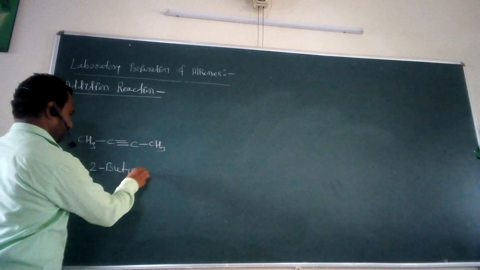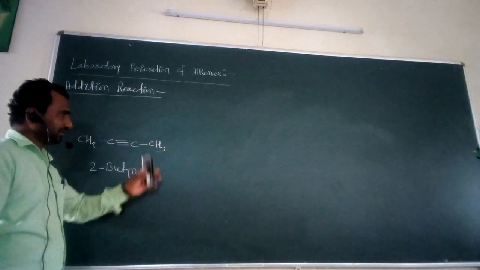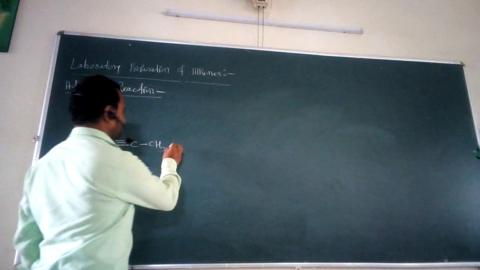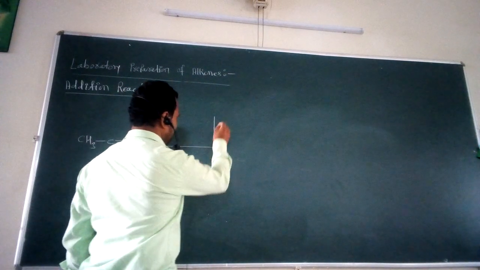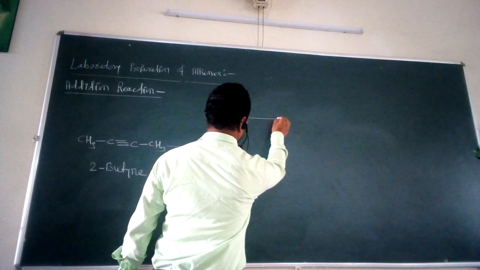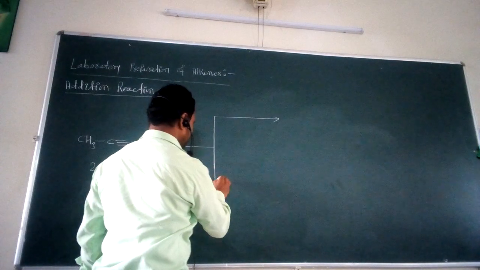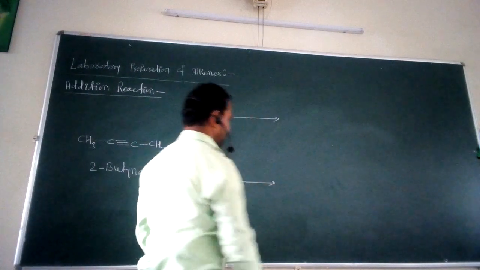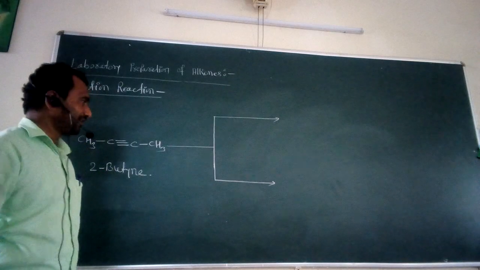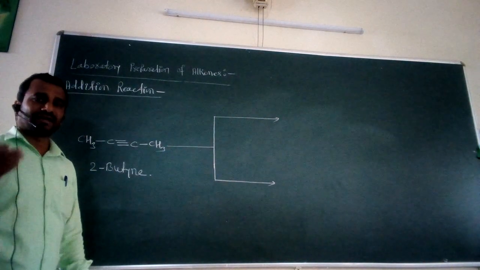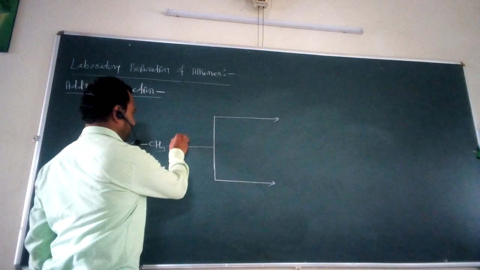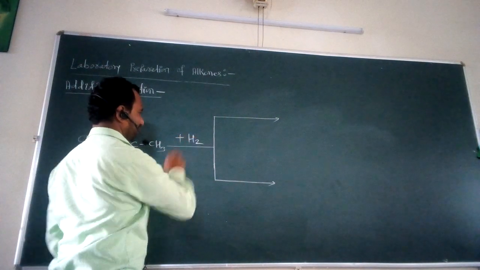2-butyne. This is a reactant molecule. Now, this reactant molecule may react with some type of reducing reagents. Some type of reducing reagents can be used for this type of addition reaction. Now, to this molecule we have to add H2, that's why I write here, plus addition of H2, that is